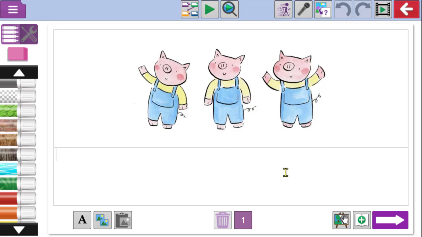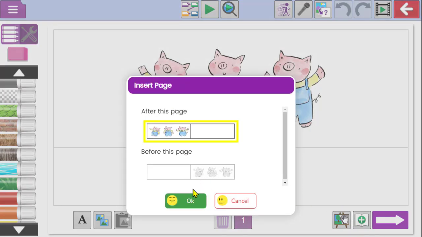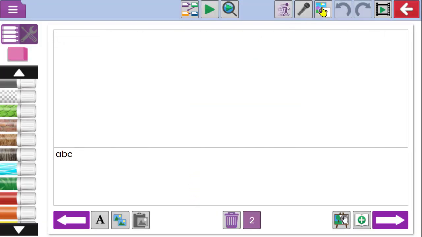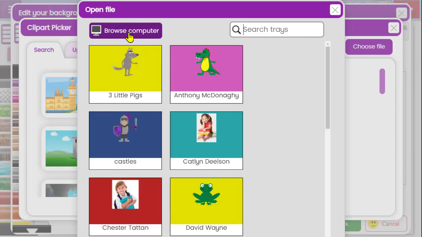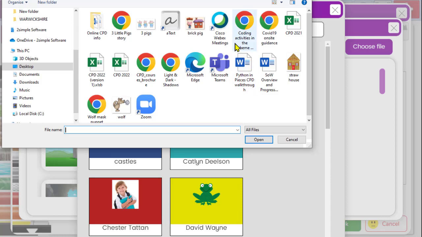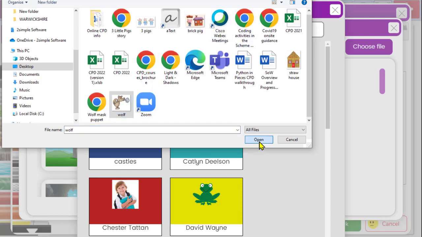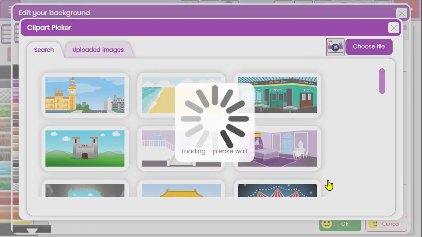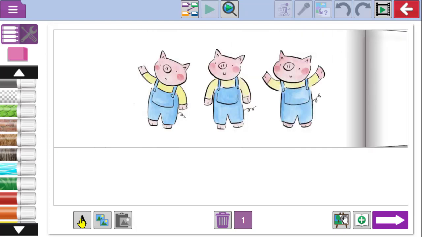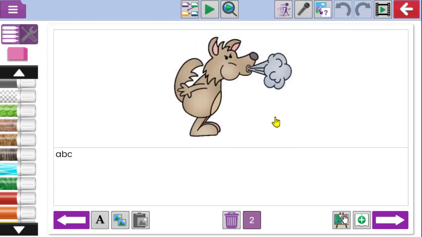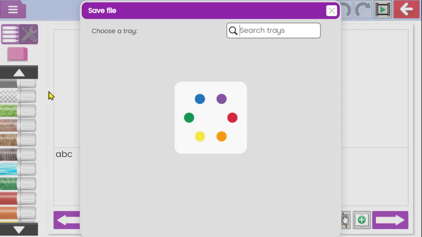So in this case, if I want to set it as a task and pin it, I might just add the images. I'm going to insert a new page, add a different image, and so on. And when I jump through this process and populate all the pages with the illustrations that I want to include, then the children will have the activity set for them as a pin. I'm going to apply the background just to this one, and you'll notice that I can flick through the story, and then if I add enough pages that helps retell the whole story, I can then save this again to